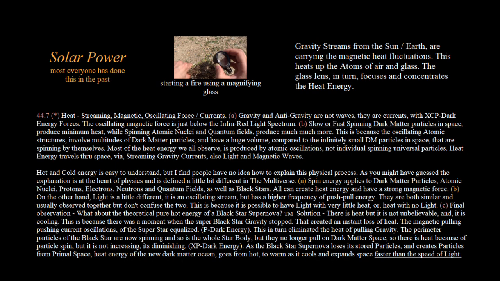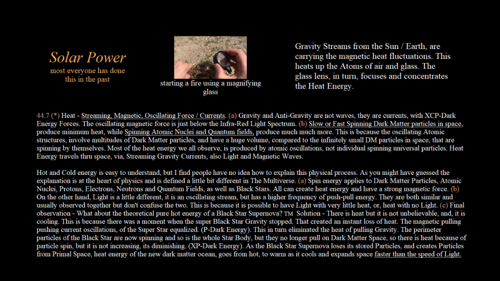Heat energy travels through space, via streaming gravity currents, also light and magnetic waves. Hot and cold energy is easy to understand, but I find people have no idea how to explain this physical process. As you might have guessed, the explanation is at the heart of physics and is defined a little bit different in the multiverse. A, spin energy applies to dark matter particles, atomic nuclei, protons, electrons, neutrons, and quantum fields,